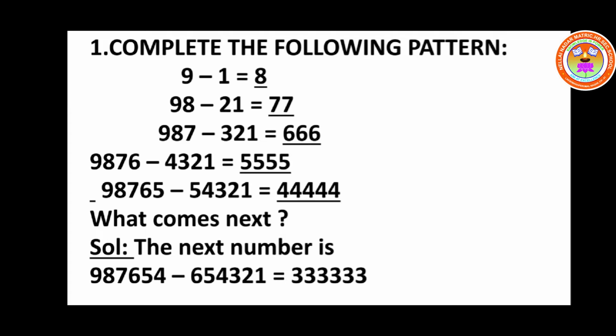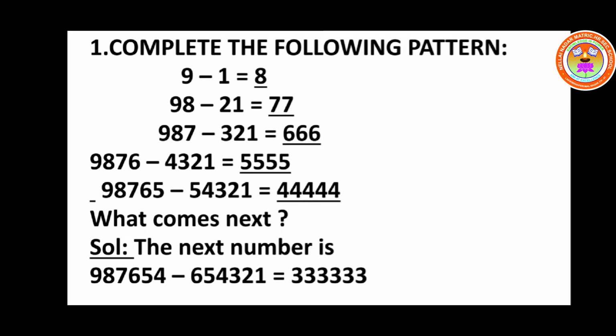Just see the pattern, children. See in the left hand side, when they are subtracting the two numbers, see 9, the next one you have 98, that is one number is reduced, and this side you see 21, the number is increased, and you just look into your answer, children. It is given 77. The first one is the single digit, then the two digit 77. See the third one, 987 minus 321. So you get the answer 666.